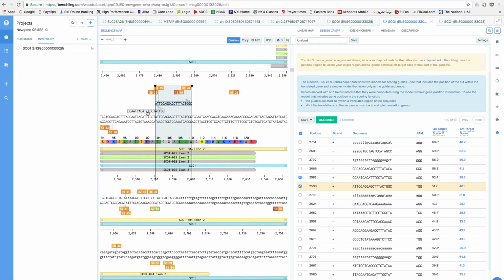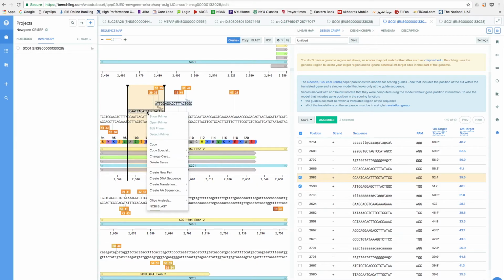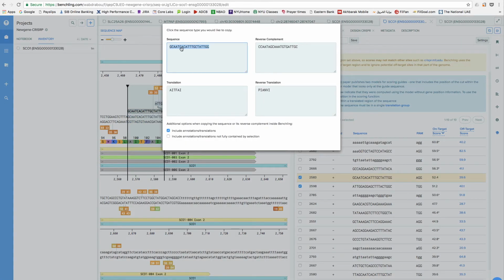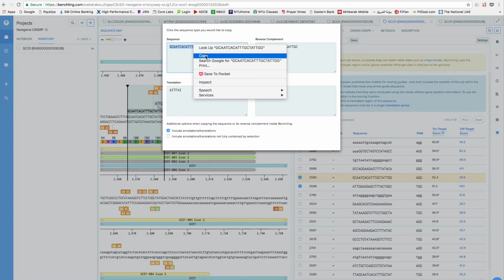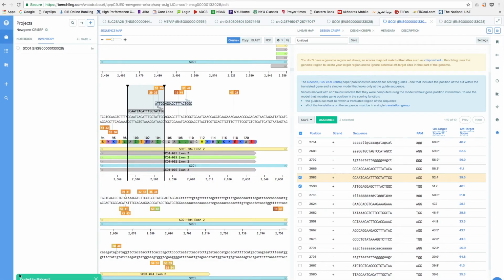And one thing you can do is highlight it. If you're interested in that gene, or you're going to try to use it for your design, you right click, it will show copy, you copy it, and it will give you the sequence. It will also give you the reverse complement. So you just right click here and copy, and here it shows that the sequence has been copied to your clipboard, and this message disappears. That's it. So you have your guide, and now you can order it,